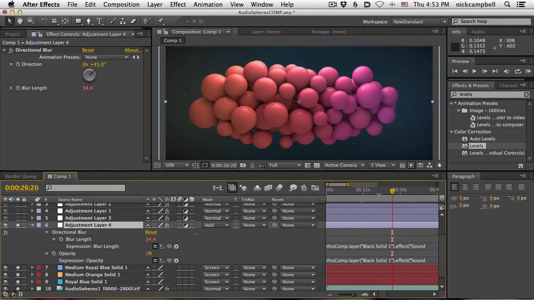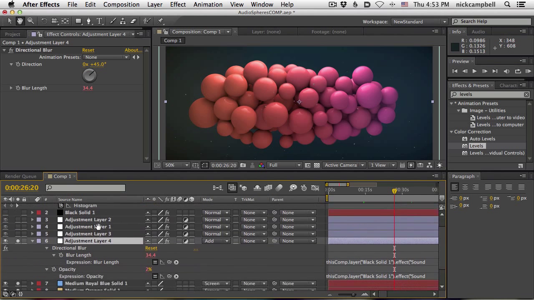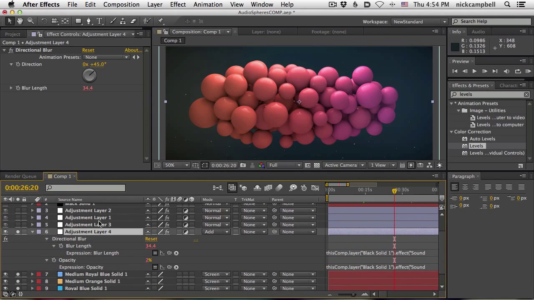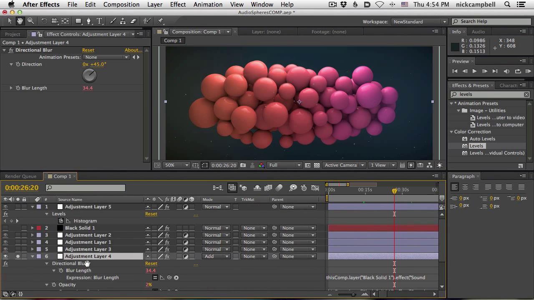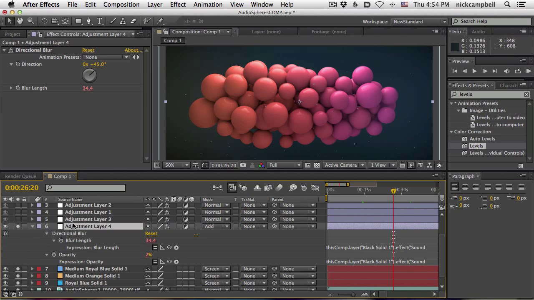Now, in this case, it's a really subtle effect. I toned it way down because it was a little bit too obvious when it was really pumping loud. But I kept it in there just as an example to show you not only can you use Cinema's sound effector, but in After Effects using sound keys, you could do some of this stuff as well. So pretty cool. And it's using the same song, so you could really tie some really cool animation together. So that is our directional blur.